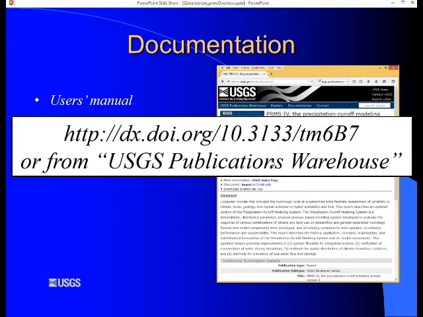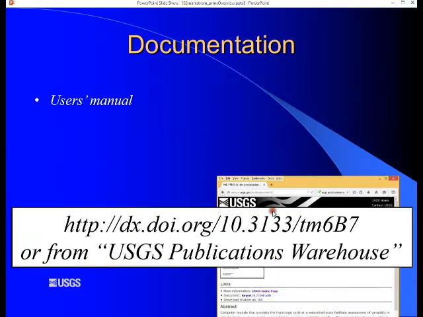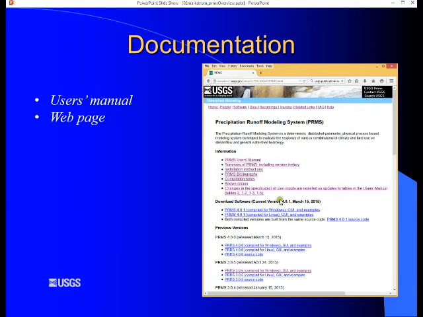Just type that into Google and you can search for my name or PRMS, whatever. You'll get this techniques and methods document. The second resource is the PRMS webpage. There's a lot of stuff here, including the current executable and the source code, previous versions of PRMS going back,